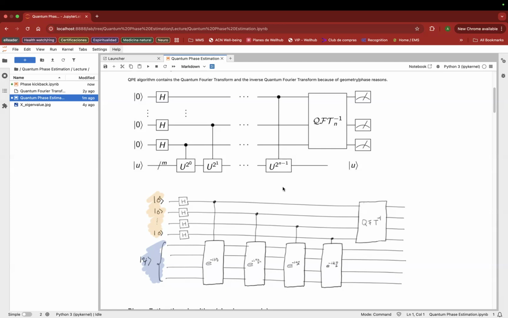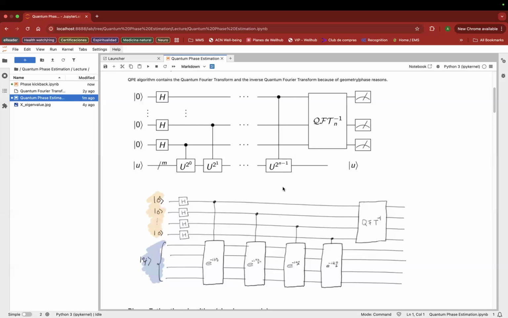Another use case: ibuprofen, drugs. How to get a drug similar to ibuprofen. As you know, the interaction of a drug with a biological system is a Hamiltonian. It's a reaction. You can express that as a Hamiltonian. A Hamiltonian is a matrix. So if I can get the phase of the eigenvalue of this Hamiltonian, I would know the minimal eigenvalue of this Hamiltonian, and I could find a similar drug for it.